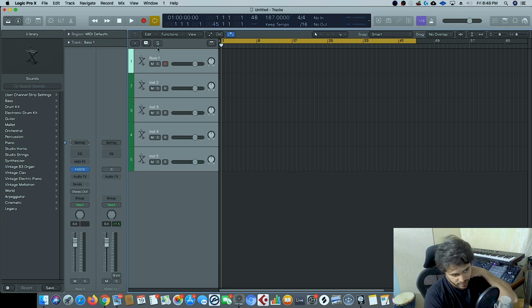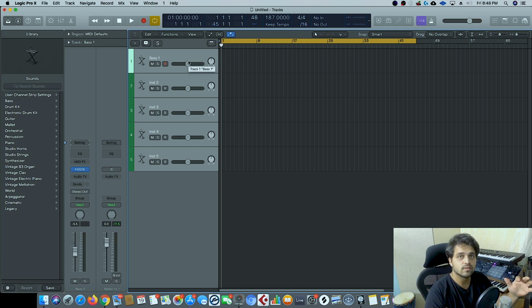One of the last types of tracks that I want to explain is called VCA track. Let's say these 5 tracks are together. Let's say I want to control all 5 of these tracks together with just one fader. Basically such scenarios come in when you're mixing a group, or when you want to record something, you just want to assign all the keys to one track, or you want to control all the strings together, but you don't want to mess with the individual mixes that they have within themselves, but as an entire group, as like string section as a whole, or guitars as a whole, you just want to reduce or increase the volume.